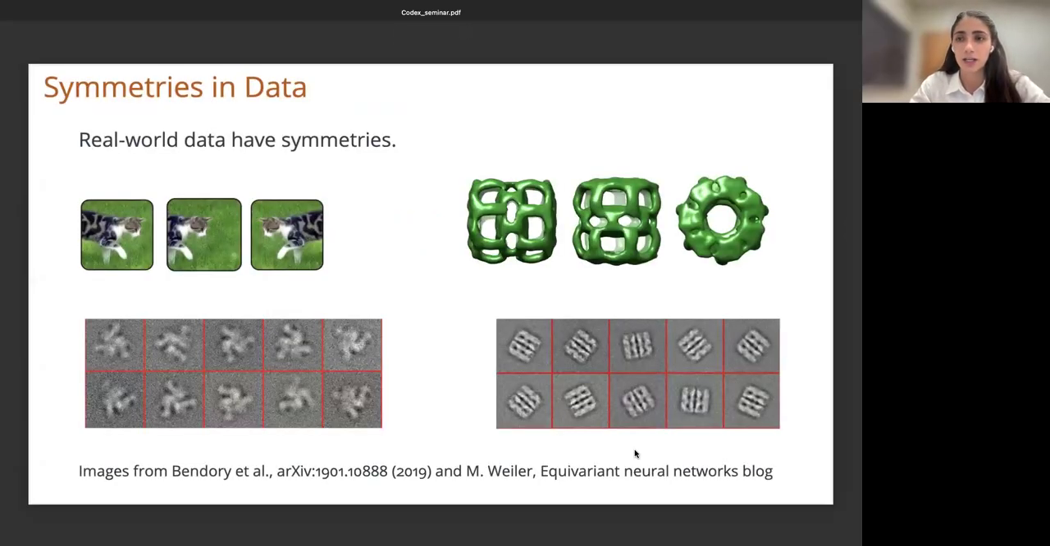Okay. Now let's move on to symmetries in data. And it's not a secret that real world data is full of symmetries. So take, for example, image classification,